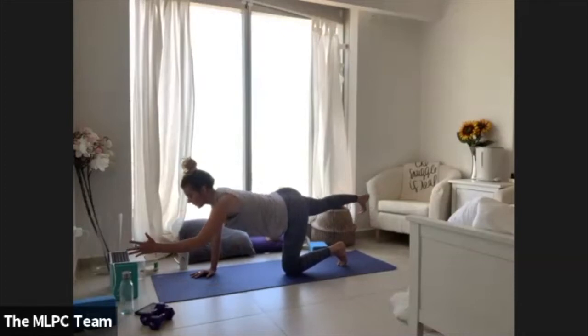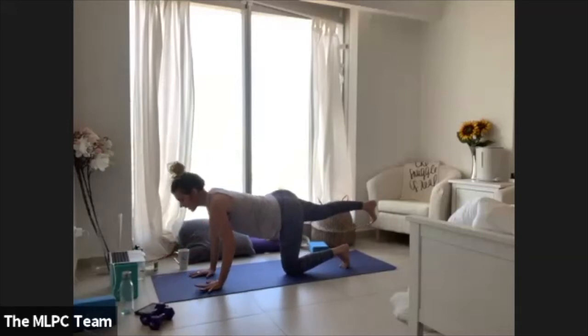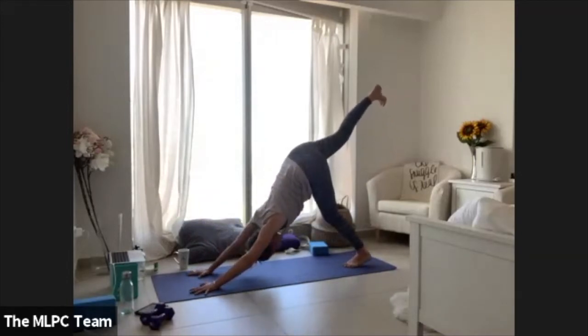Just 3 more. You got this. 2. Nice work, last 1. Plant the left palm. Tuck the left toes, lift all the way back up, 3-legged dog, extend through your right leg behind